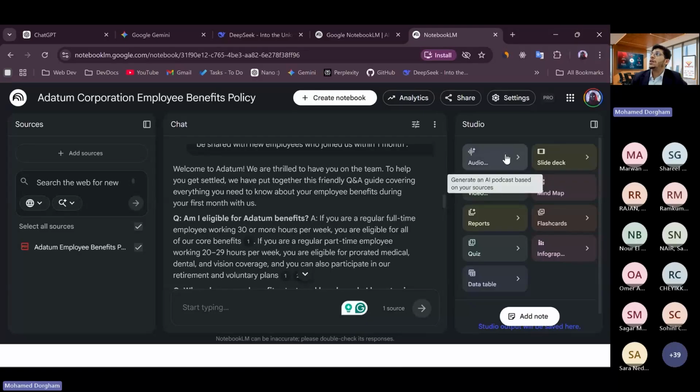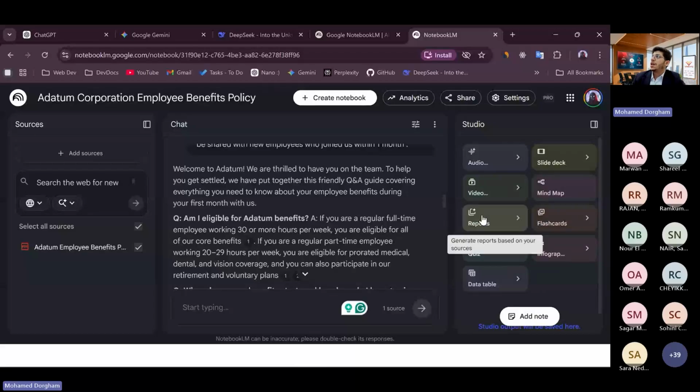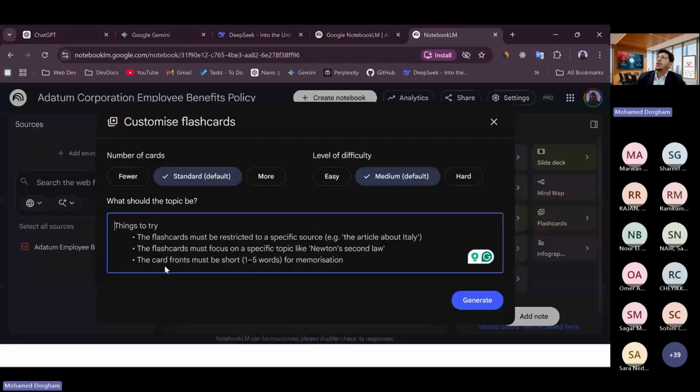You can ask the AI to generate a podcast from your document. So even let's say if it's a policy or if it's, let's say, a presentation, you can ask the AI to generate an audio and you can listen to it any time. You can ask the AI even to create a video, a video explainer. Okay, there's also another thing I can do. I can ask the AI to give me flashcards. Okay, this might be very interesting.